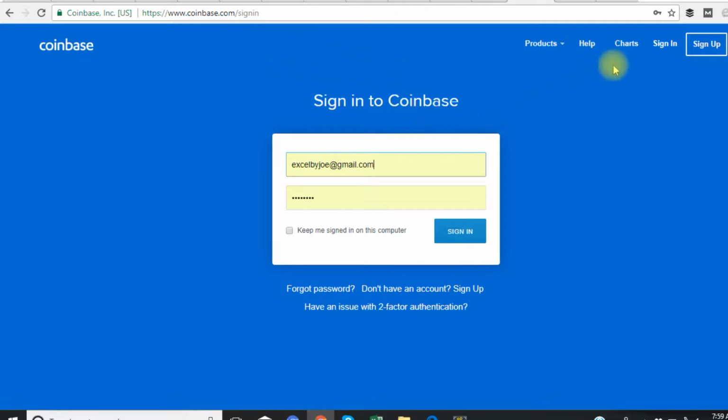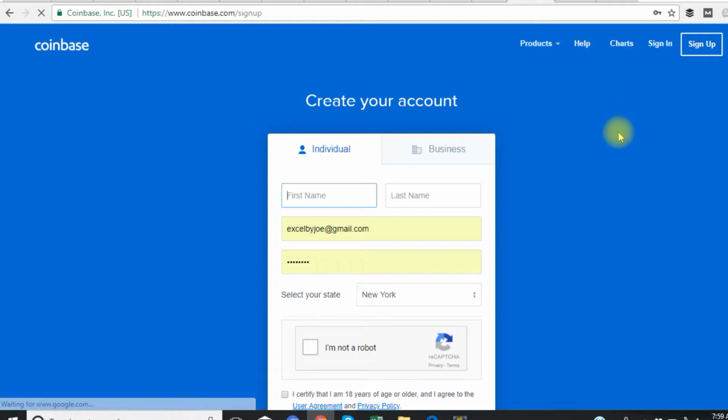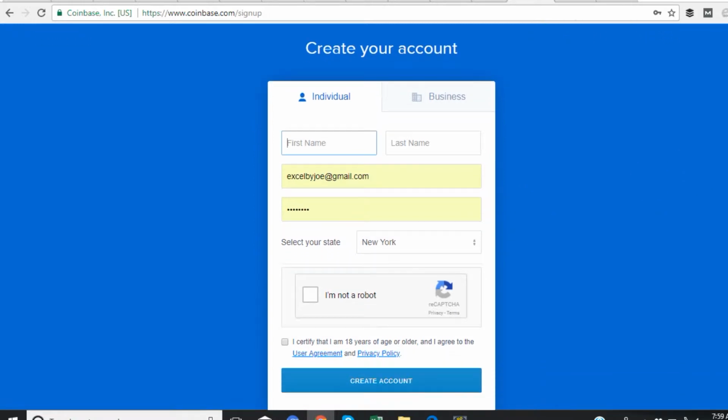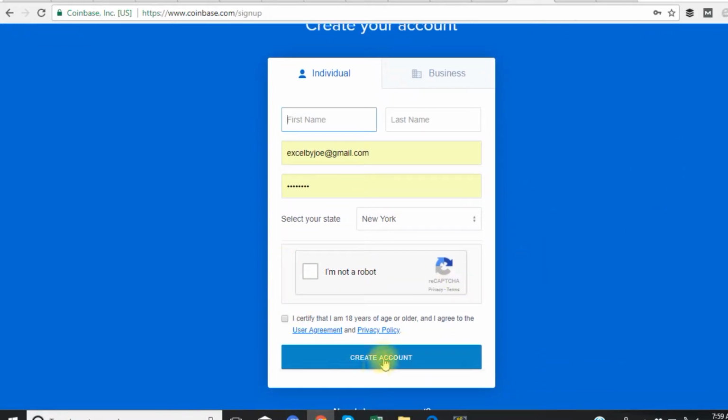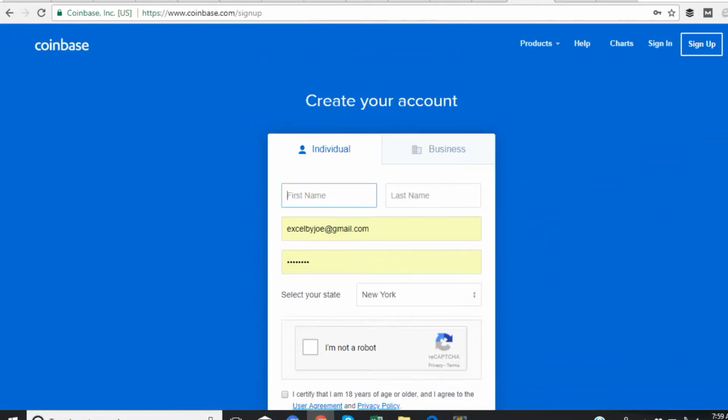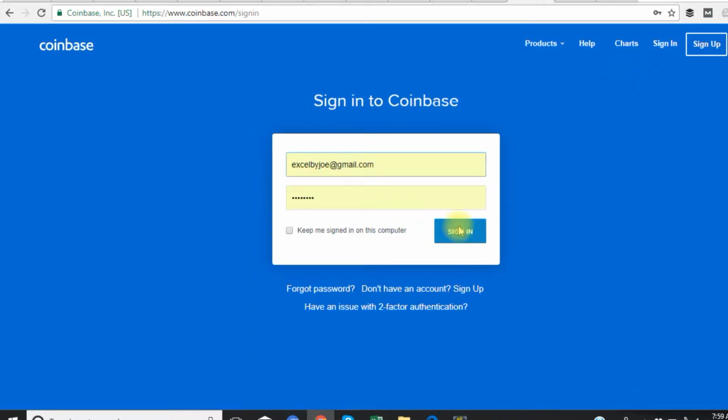I'm already a member, but I'm going to just show you if I would click. You're just going to go there and sign up, probably as an individual. You're just going to put your name, your email address, click your state, your robot, and create the account. And then it's going to have you verify your email address, and that's a very simple setup. And then once you create the account, you're going to log in,